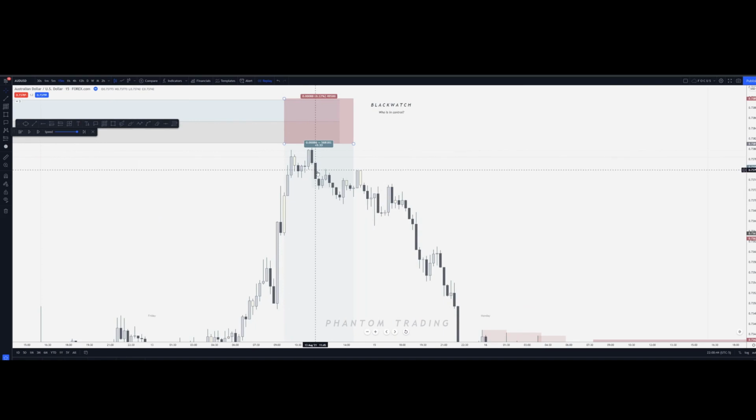All right, price comes down. There's no real reaction to any kind of demand here. Again, there's a nice level of demand that we can mark up. Because again, what you want to do is justify this reaction. Why did price push up? Why did it take out this high? Well, it came to mitigate this.